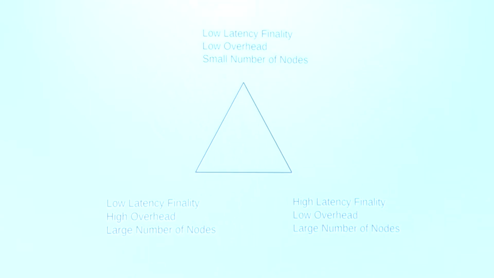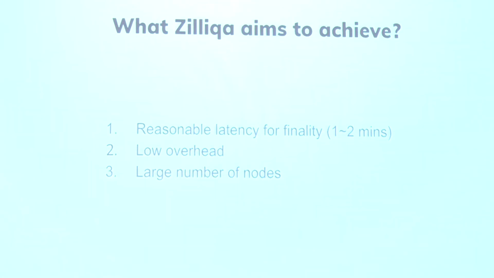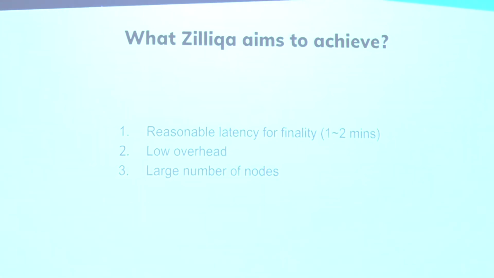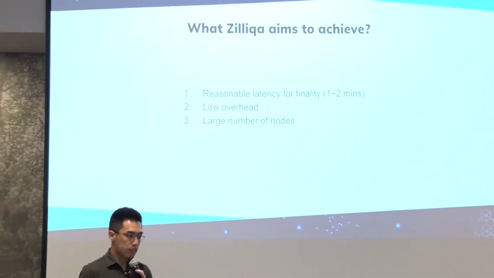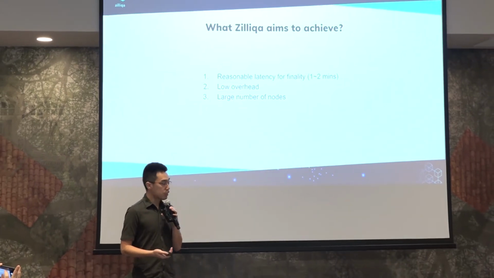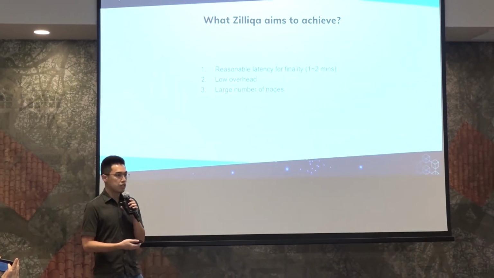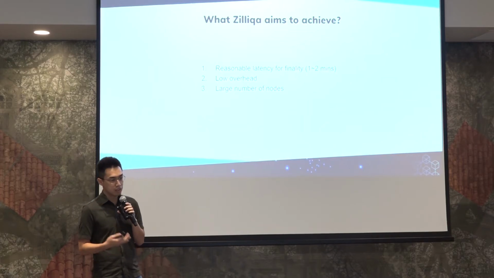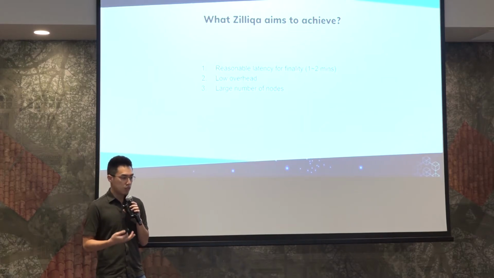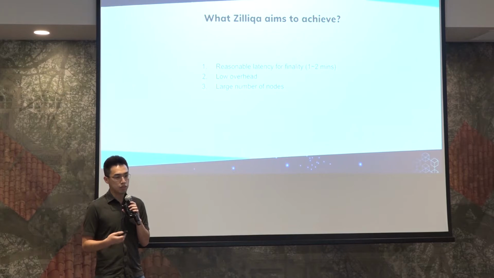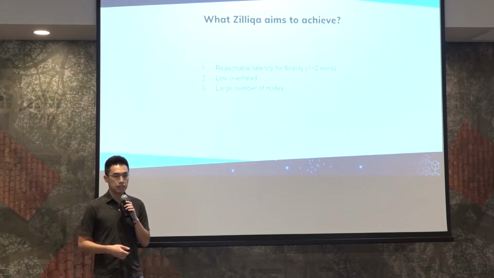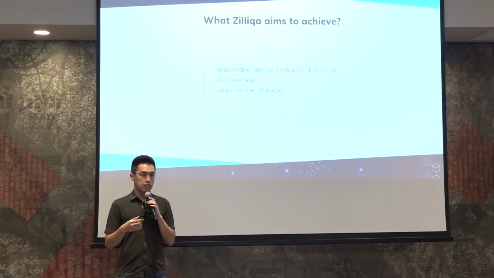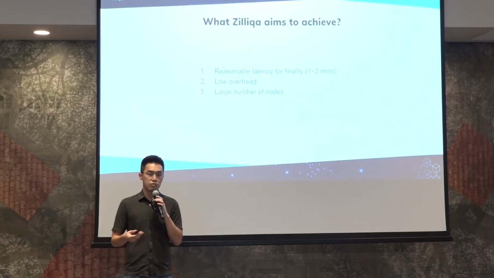So what does Zilliqa aim to do? Zilliqa aims to have reasonable latency for its finality. So we have a 1 to 2 minutes transaction block. Every transaction block will be a finalized transaction. And we have low overhead, so you do not have to have a communications bottleneck. Bandwidth is not an issue here because we do not store transactions across the board for memory and send it entirely across the network. And we enable a large number of nodes to be participating in it to validate the